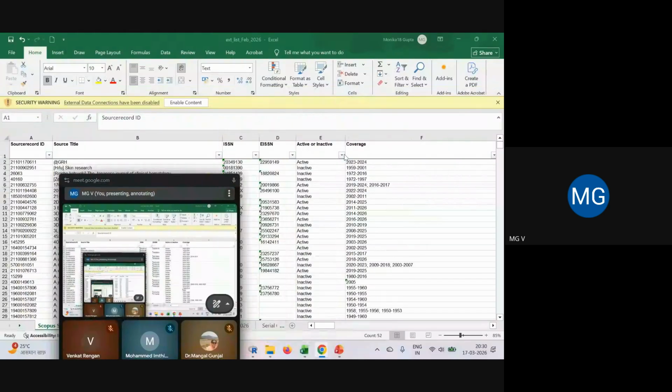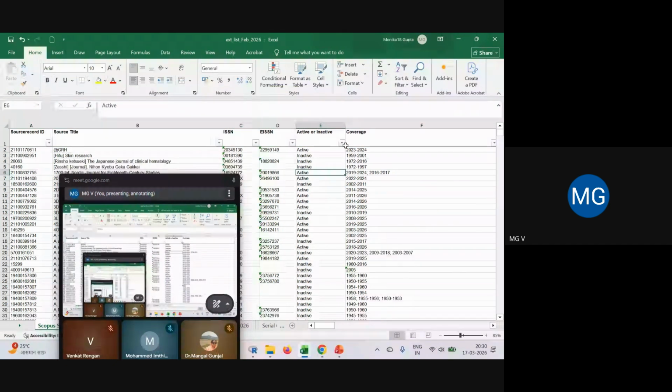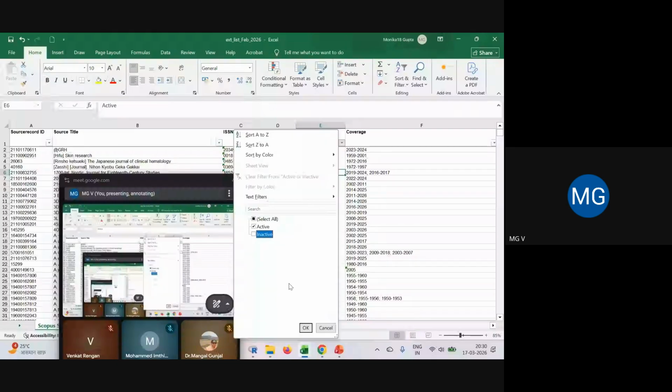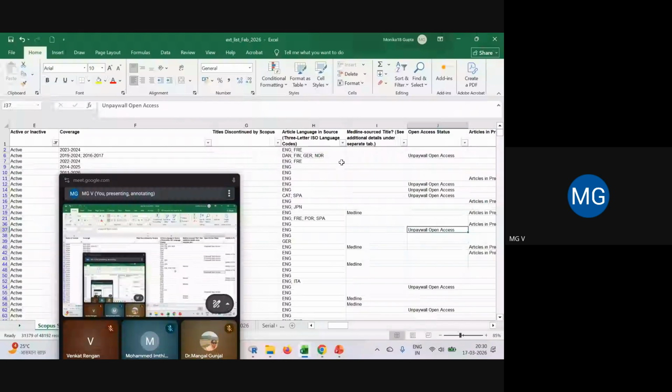One thing I will always suggest, go for only active journals. Enable content, then go for only active. We have nothing to do with inactive ones. Then you can go for language, article language.